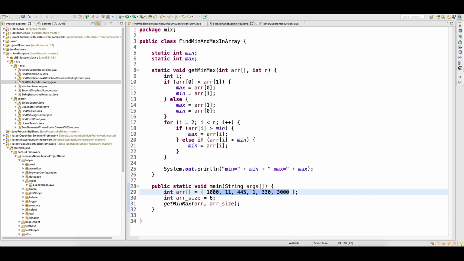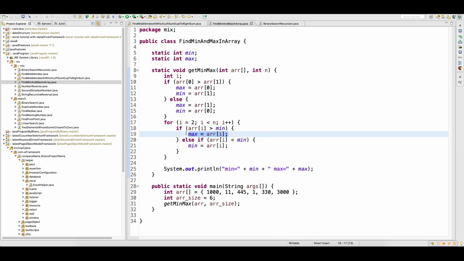So always first analyze the input, and when you analyze the input, you will see that this was the lowest one and this is the highest one. So based on that, you try to write the logic, okay. That's what I did here, okay. So that is the reason I am doing that array of i greater than mean.